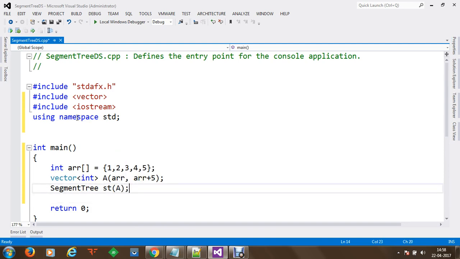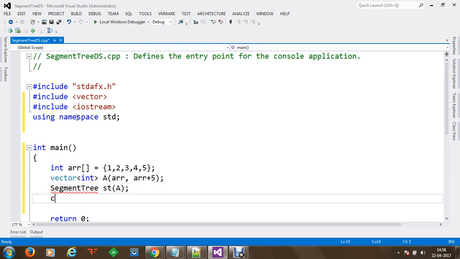And once we are done with the creation of this segment tree, now we are going to perform some methods here, and the first will be a cout. Here, in order to perform cout, we want to specify the range query. Let's say we like to say range query on, from the minimum range, the left range would be, let's say, index number 1, and the max range will be index number 4.